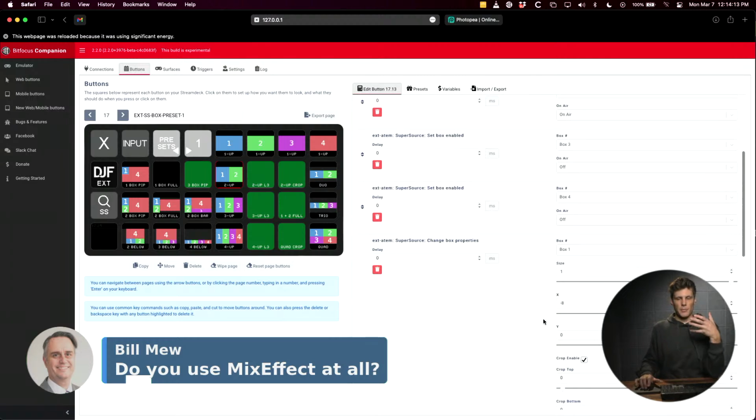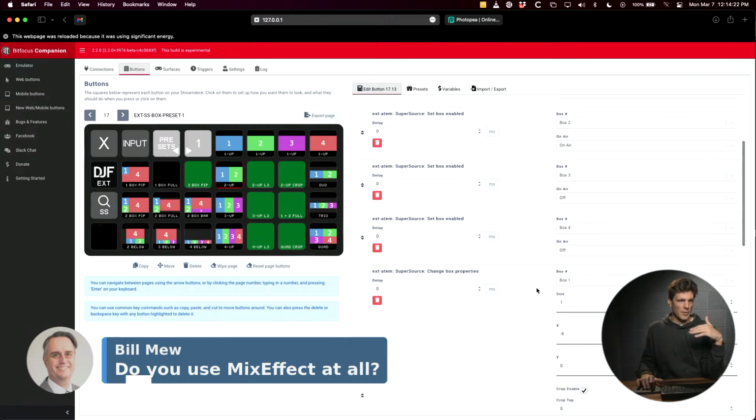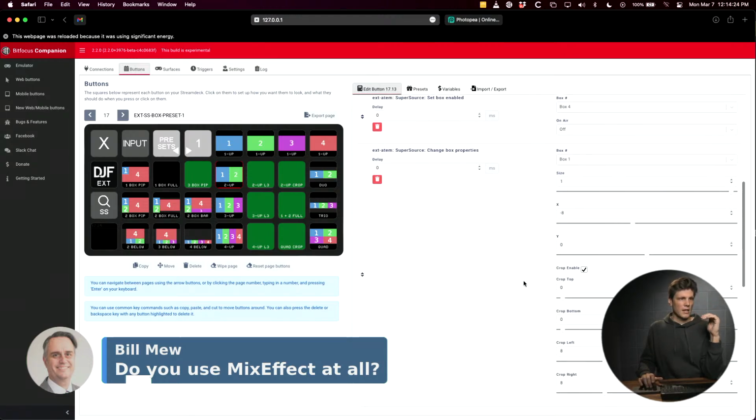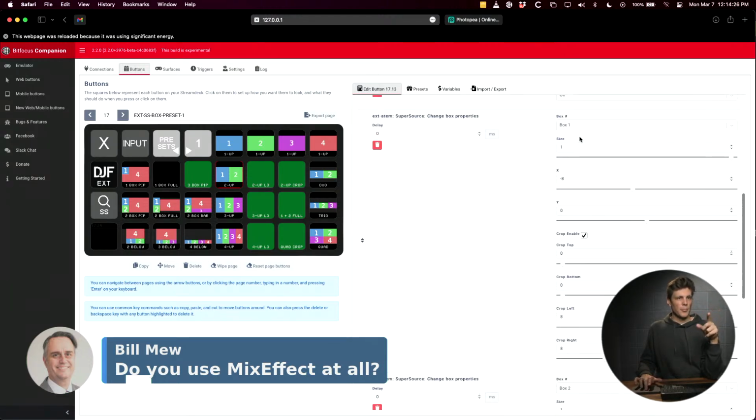But so I've basically pre-built this kind of script that is going to trigger things in a certain way and either turn it on or off or change the sizes. So the first 4 commands are turning the boxes on or off, and then the next 4 are, box 1 is saying set the size, so it's the zoom size of it, to 1, which would be full size, and then set the center point of X and Y to, so Y is 0 and then X is